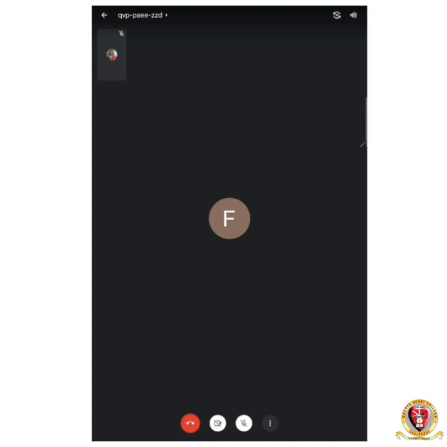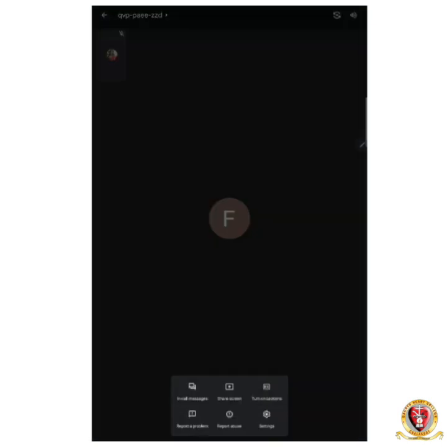Next thing is the 3 dots here. You can see the 3 dots. So in the below panel, first the red button represents the leave meeting button. So if you click this button, you will leave the meeting. So second and third buttons are familiar to you. This button is used to switch off your video and audio, and the 3 dots represents some options. So click that 3 dots. So it will show some options.